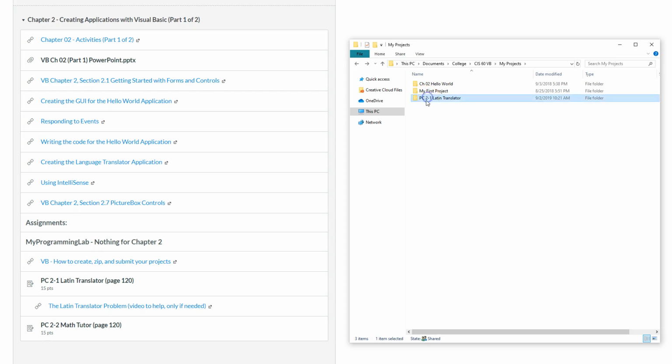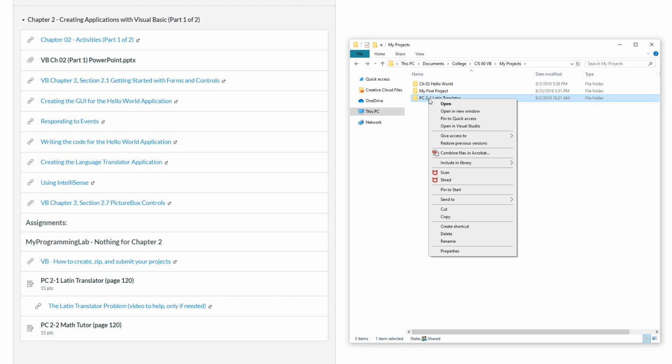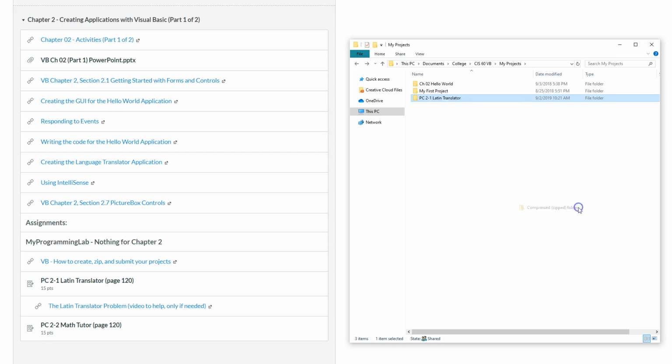So what you'll do is you'll just single click, left click on there, or just right click. And as soon as you right click, you'll see an option that says Send to. And you may not have all this junk in here. There's other stuff on my computer, I guess. So I'm going to say Send to, and you're going to see this option right here that says Compressed (zipped) folder. And as soon as you click on that,